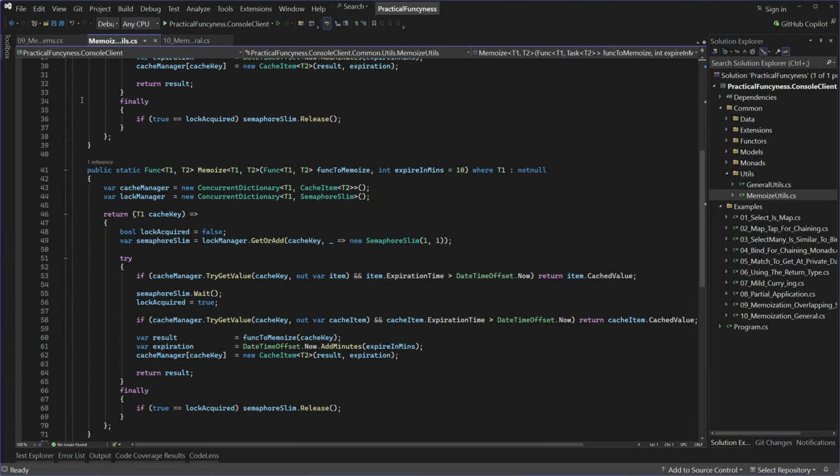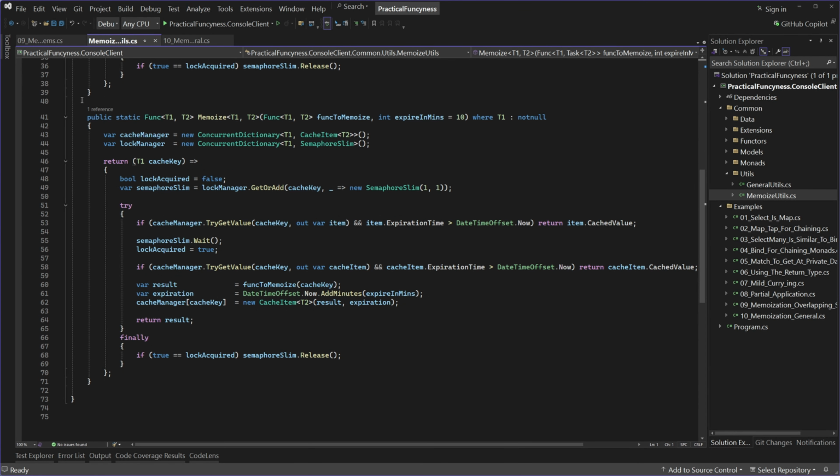The approach uses a simple lock manager implemented with SemaphoreSlim to ensure thread safety on a per cache key basis. This helps maintain performance and throughput, especially under high contention for specific keys. Unlike full-featured caching libraries like Microsoft's MemoryCache, which supports eviction and expiration policies, this utility opts for a lightweight, time-based expiration model. You can easily modify this to use a call count or other strategy if that better suits